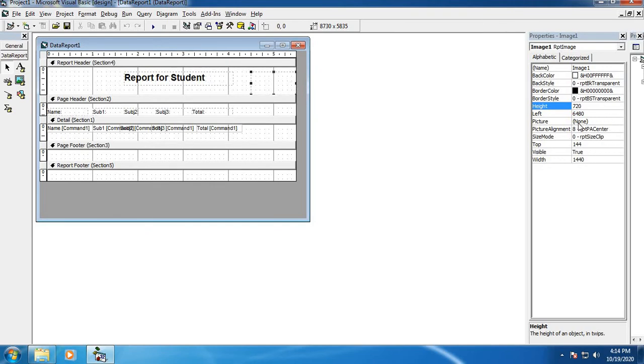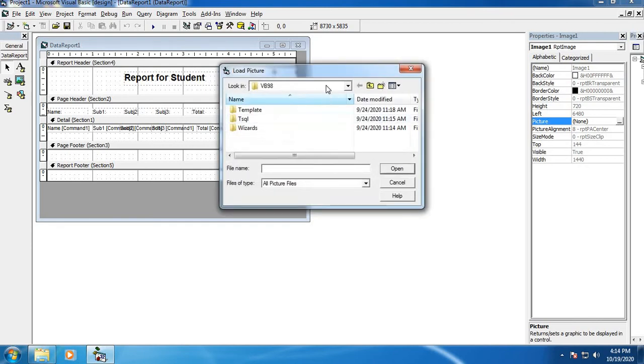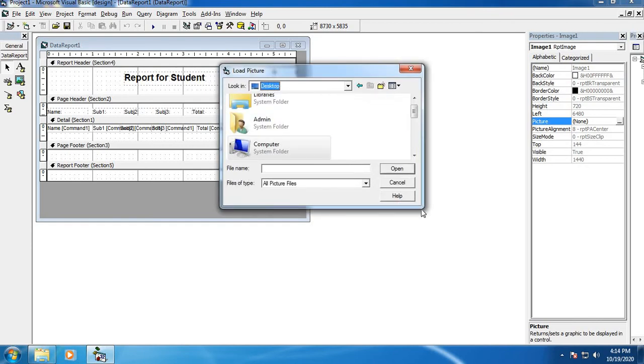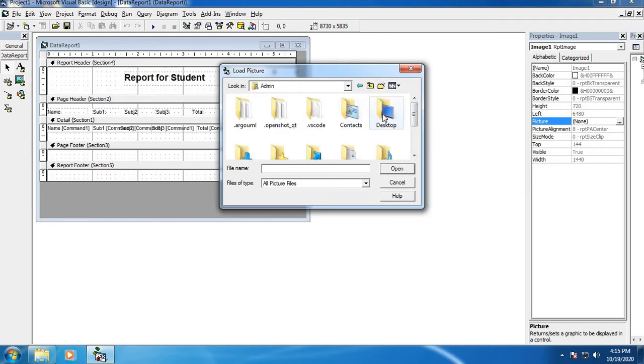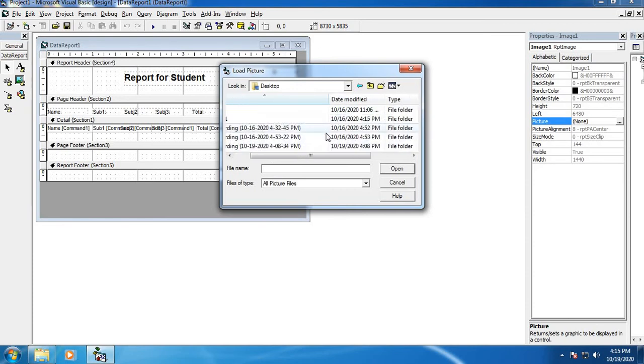You have a property called picture. If you have any picture in your system, you can use that.